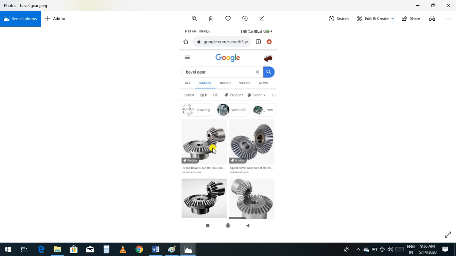So these two gears will look like this. This gear will rotate clockwise, so this gear will also rotate clockwise, around this cylindrical axis of rotation.